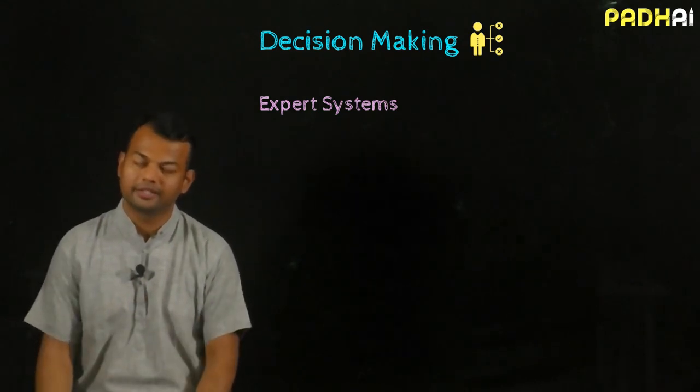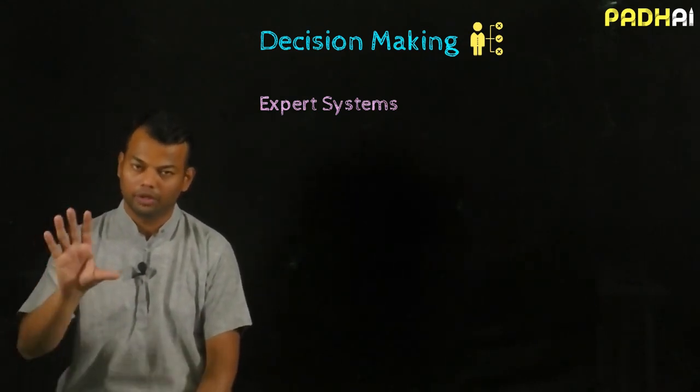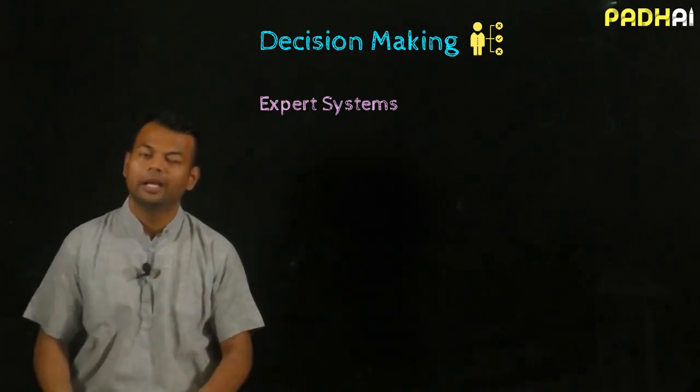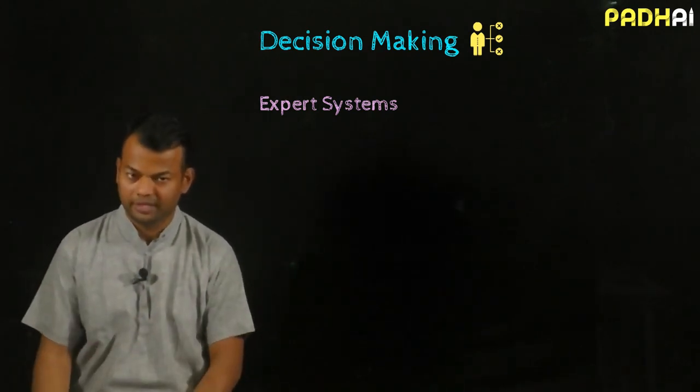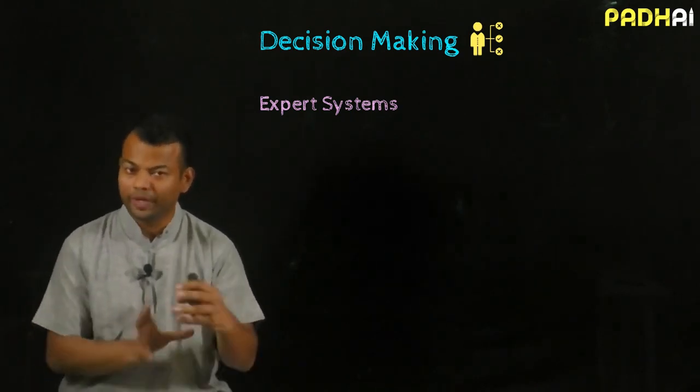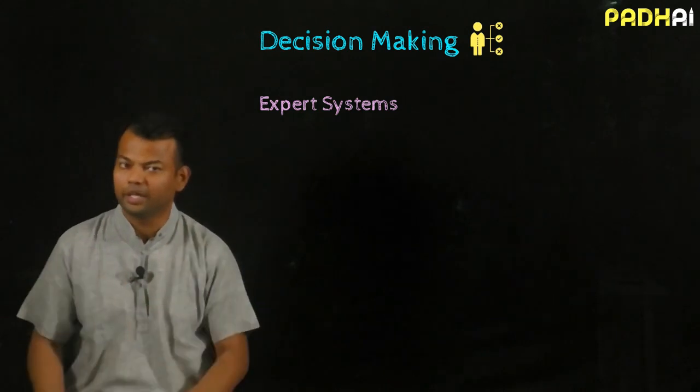Hi, welcome back. So we are looking at these different tasks involved in AI, and we did talk about problem solving followed by knowledge representation and reasoning. And now we'll talk about the next task, which is decision making. And just a heads up, this is where we'll now slowly start moving into the data science world, or start intersecting with the data science world.